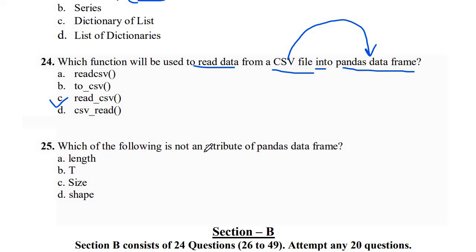Now the last question from your Section A. Which of the following is not an attribute of a Pandas data frame? So here we have length, T, size and shape, all are there, but length is not an attribute of a data frame. So if you look at your data frame, we are not using a length attribute. So this is about Section A. In the next